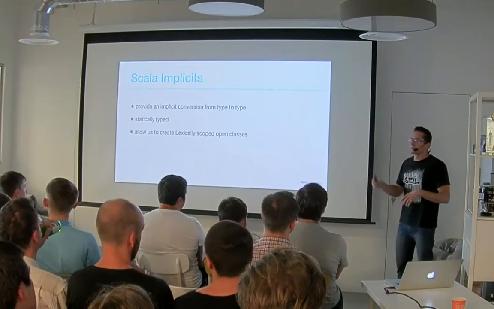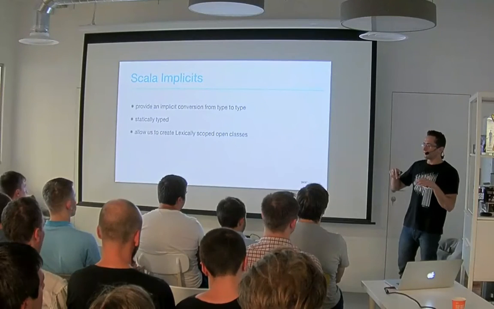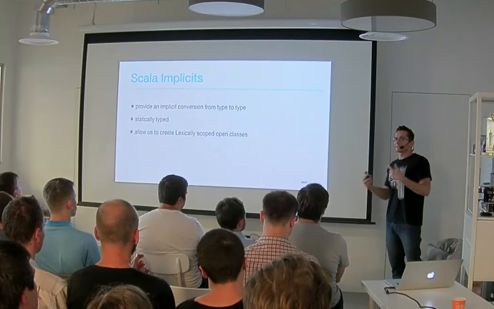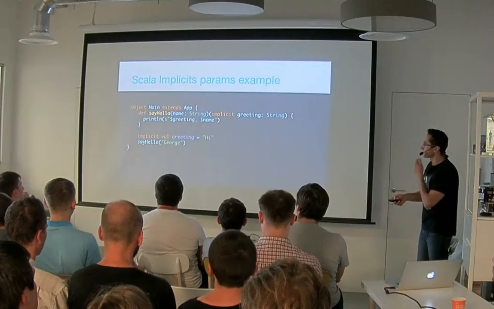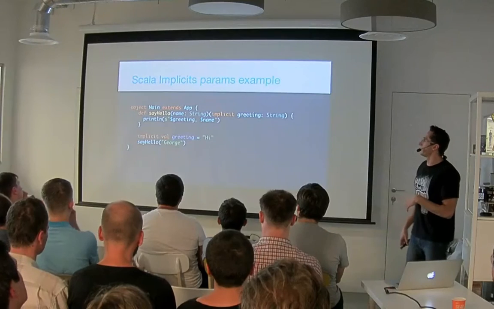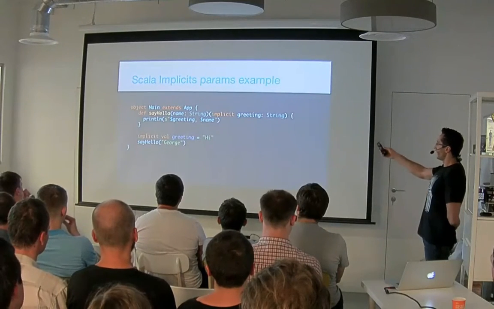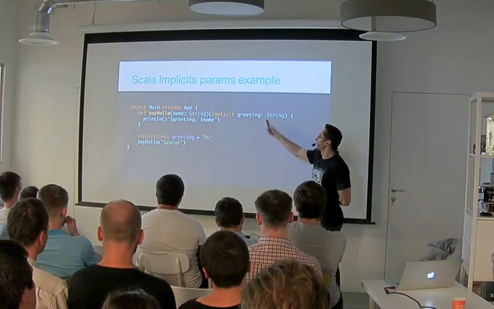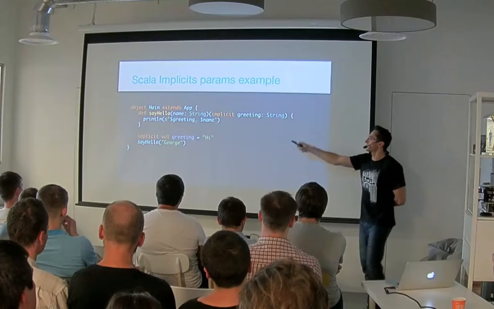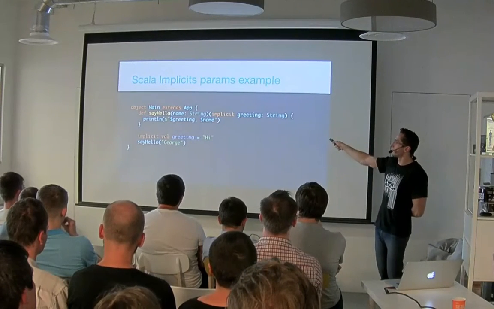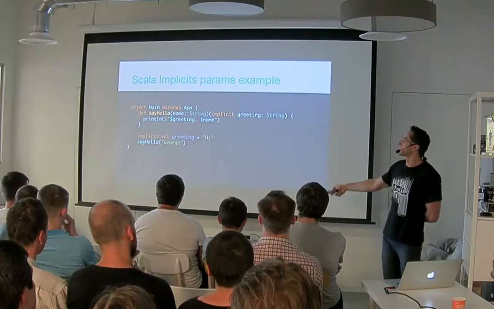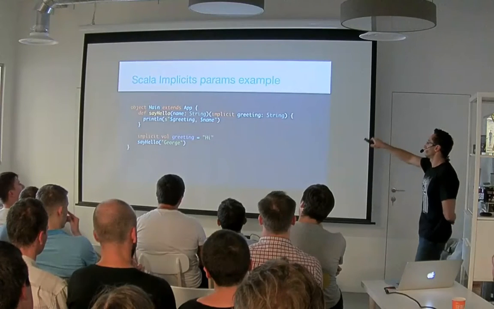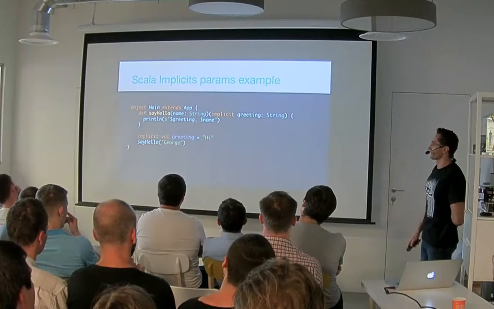The Scala compiler looks at the signature of the functions, and if it finds inside its scope a function that converts A to B, it implicitly calls it. So let's see a few examples. The first one is implicit param. We have here a say hello function, which takes an implicit greeting, and every print that I do with say hello will search for an implicit greeting inside its scope and will add it. So if I have an implicit parameter somewhere else inside my code, the compiler will know by itself to put A and B in the same place.